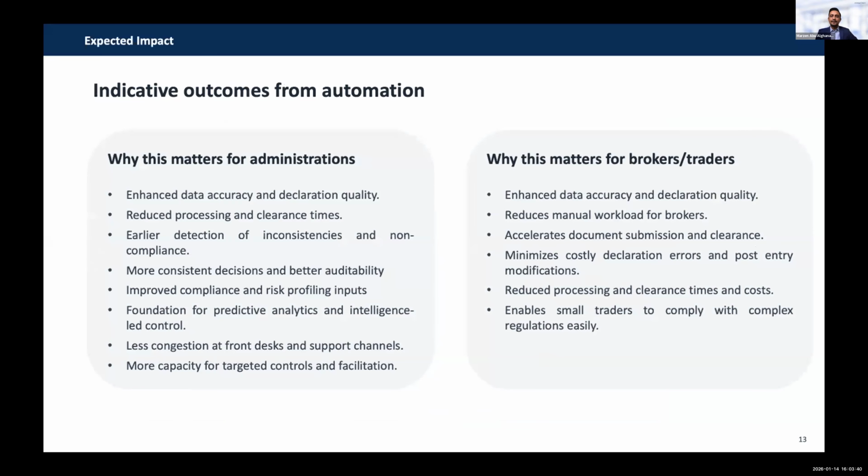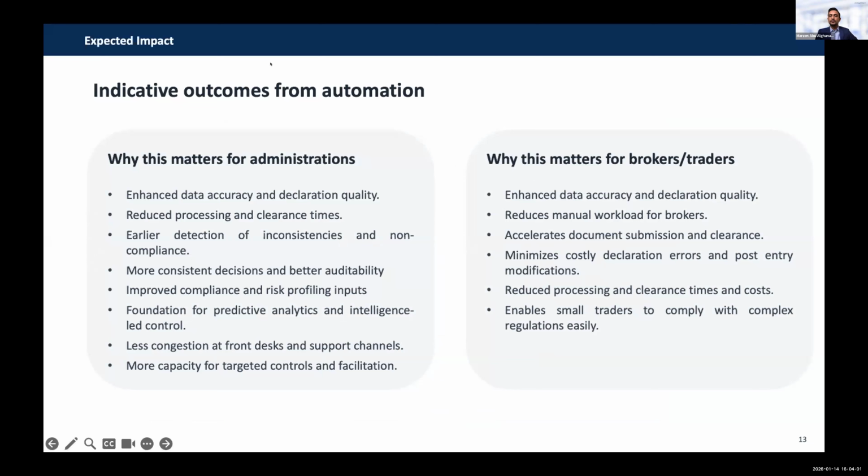This tool will assist customs administrations and also traders and brokers in terms of enhanced accuracy, consistent decisions, and less congestion at the front desk and support channels. This is for customs administration. And for